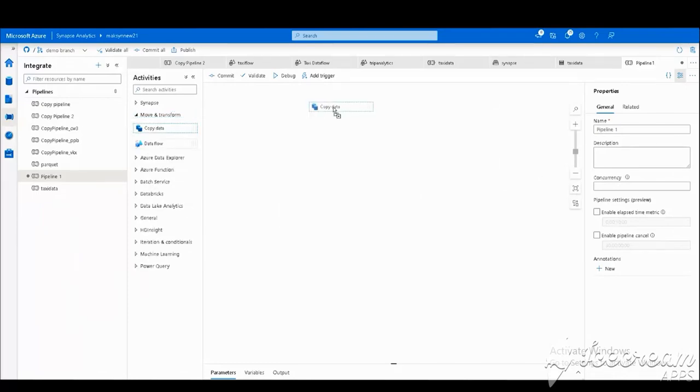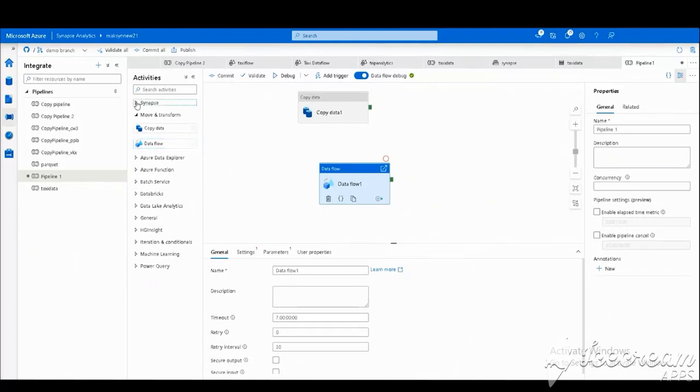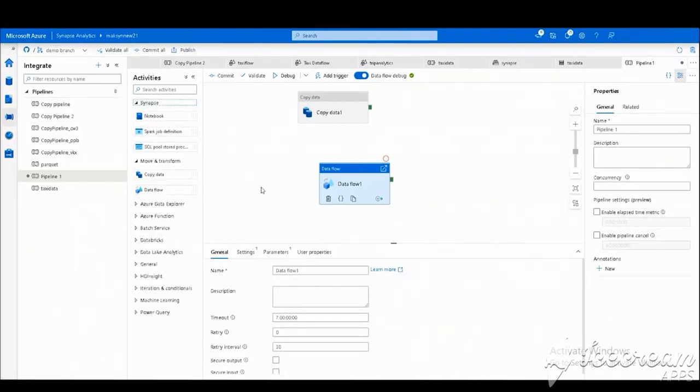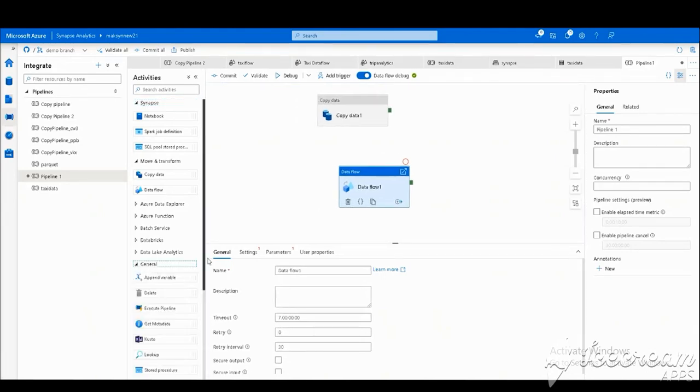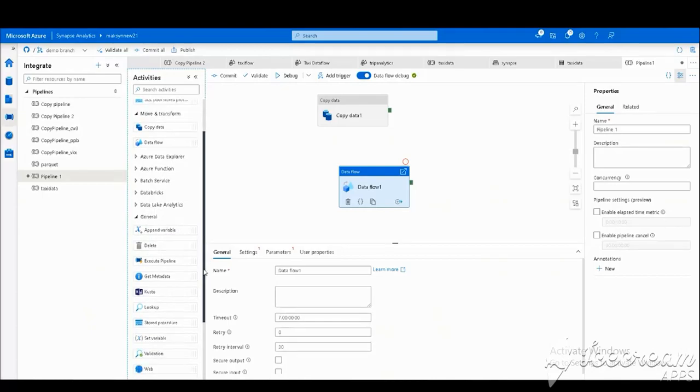To copy your data, you'll find that under Move and Transform. We're going to work primarily with copy and with data flows today. Under here are some of these Synapse built-in things like the notebooks and Spark jobs. And then you see many other things that you can do within pipelines. So one of the interesting things to look at when you're working with pipelines is under the General and also under the Iterations areas. And this is where you're going to build some of the